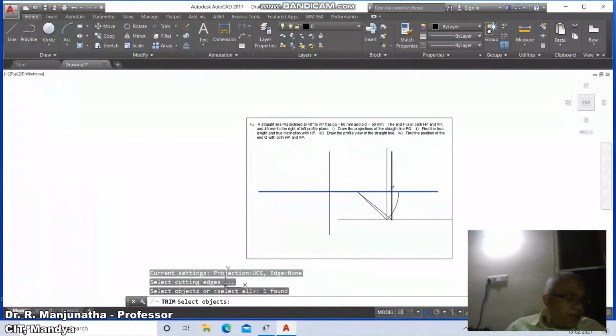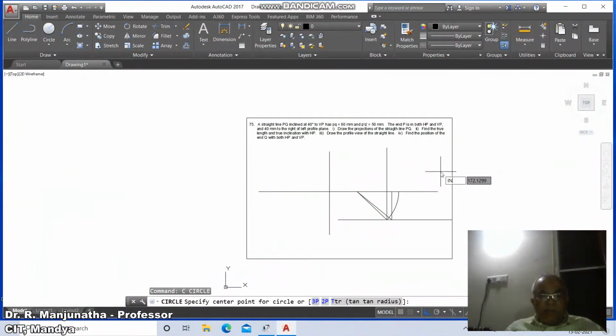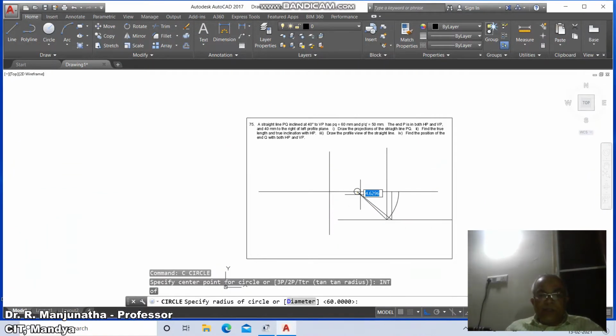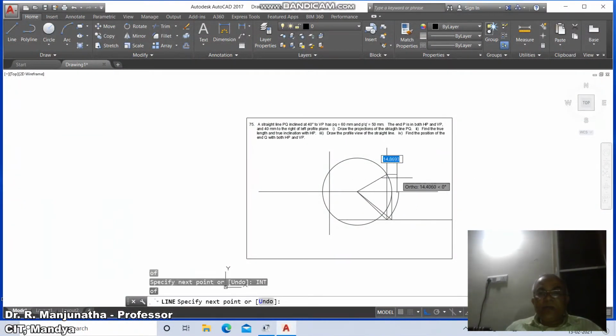Then click on this. Then come down to this. So we have this line. So go to circle, take intersection point of this to intersection point of this. So you're going to have this. Then go to line, take intersection point of this to intersection point of this. So we have the